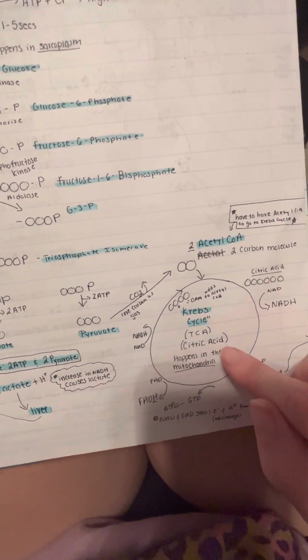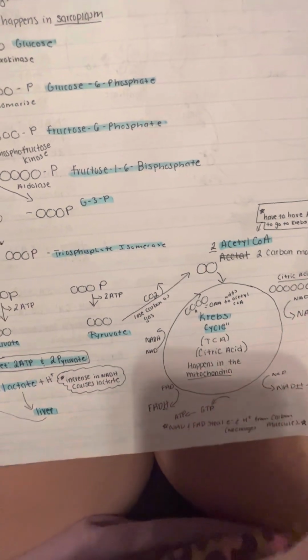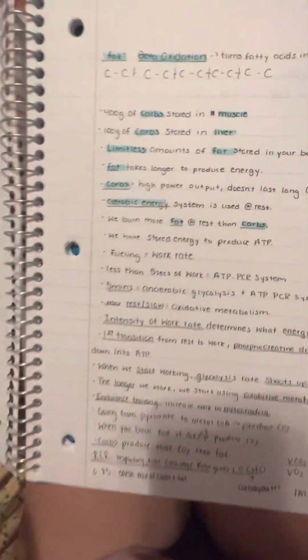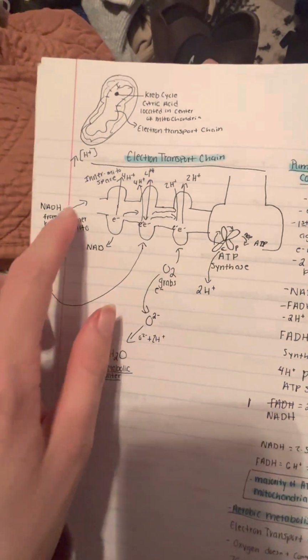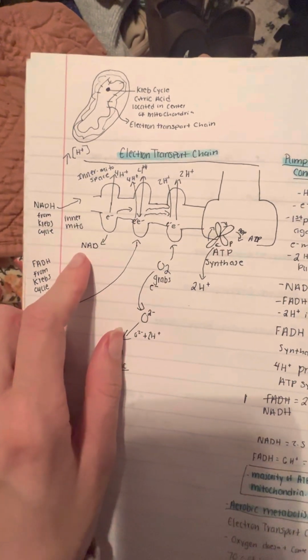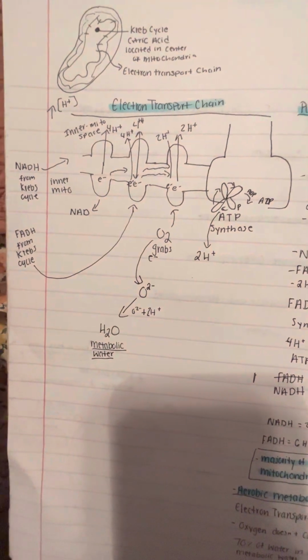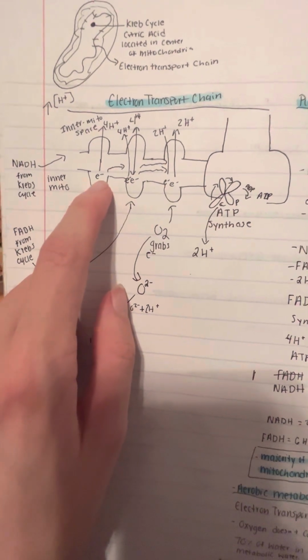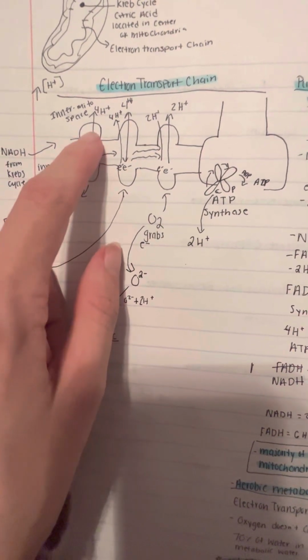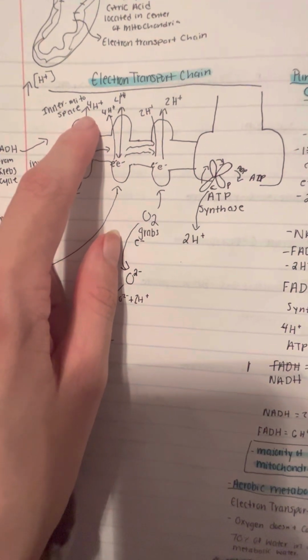and it's also going to produce 3 NADH and 1 FADH, and then the hydrogens from the NADH and the FADH are going to go into the electron transport chain. They're going to cross the inner membrane space of the mitochondria into the electron transport chain, and so the electron is going to drive up 4 hydrogens, and then it's going to move